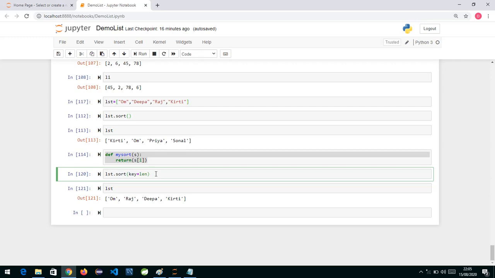So a list is mutable, and it can contain heterogeneous data. It is an ordered collection, which means the data insertion order is maintained. It can contain heterogeneous elements and is growable in nature. We can do slicing and indexing operations on a list. It has built-in functions like append, extend, remove, pop, then insert, reverse, and sort. So all these functions are present over here.